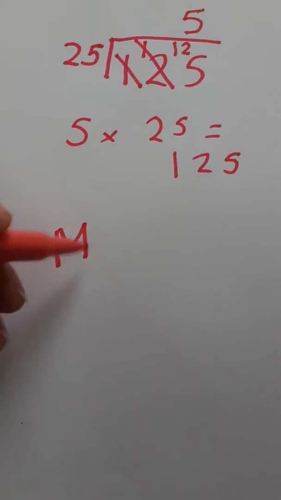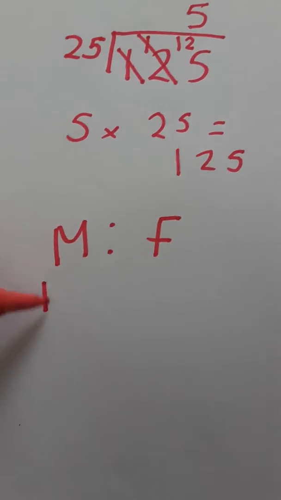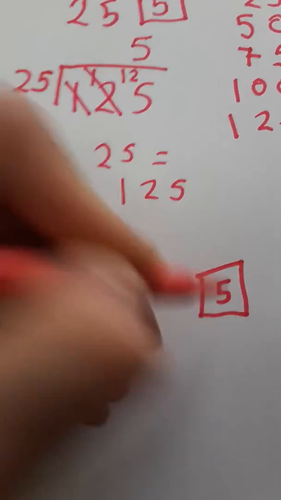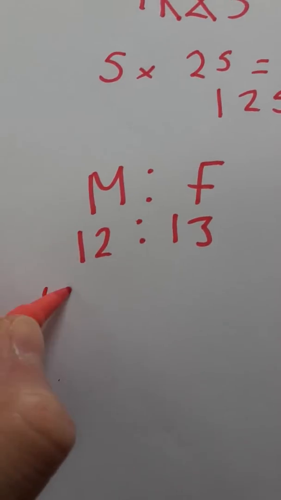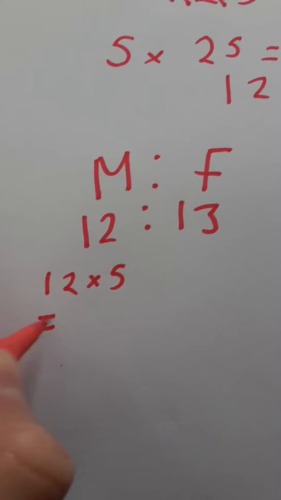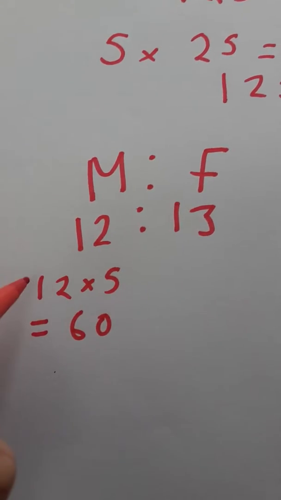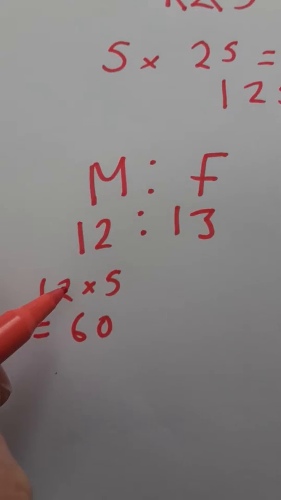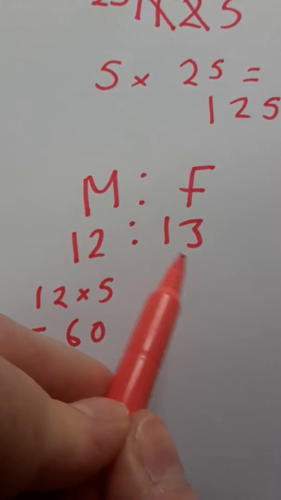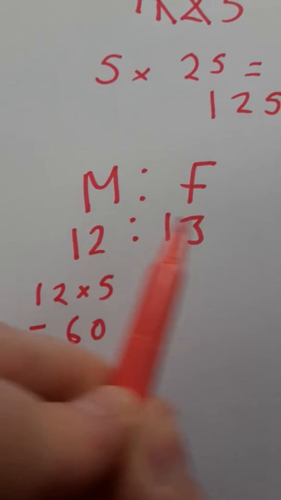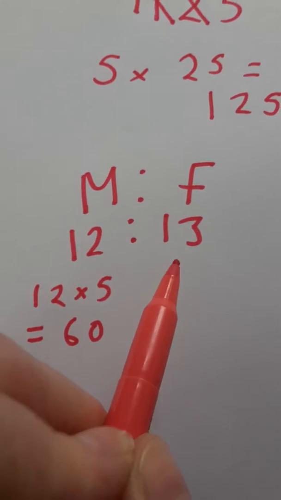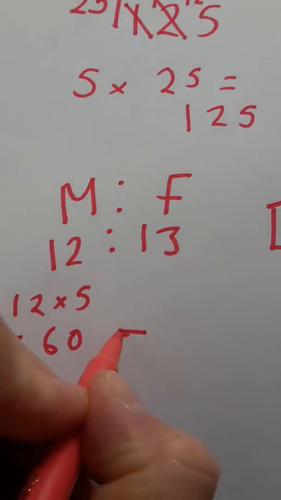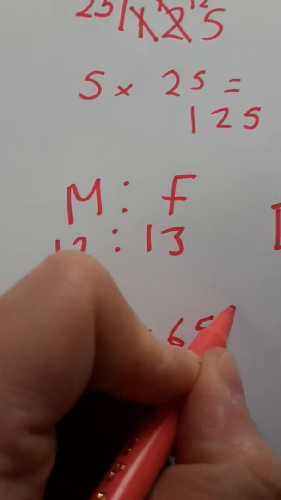So let's write this back down again. Male to female was 12 to 13. One block is worth 5 people, so I'm going to do 12 times 5, which equals 60, because 5 times 10 is 50, and 5 times 2 is 10, 50 plus 10 is 60. Now notice, males have 12 blocks, females have 13, which is just one more. If one block is worth 5, they have an extra one, so it's going to be 65. So I have 65 women